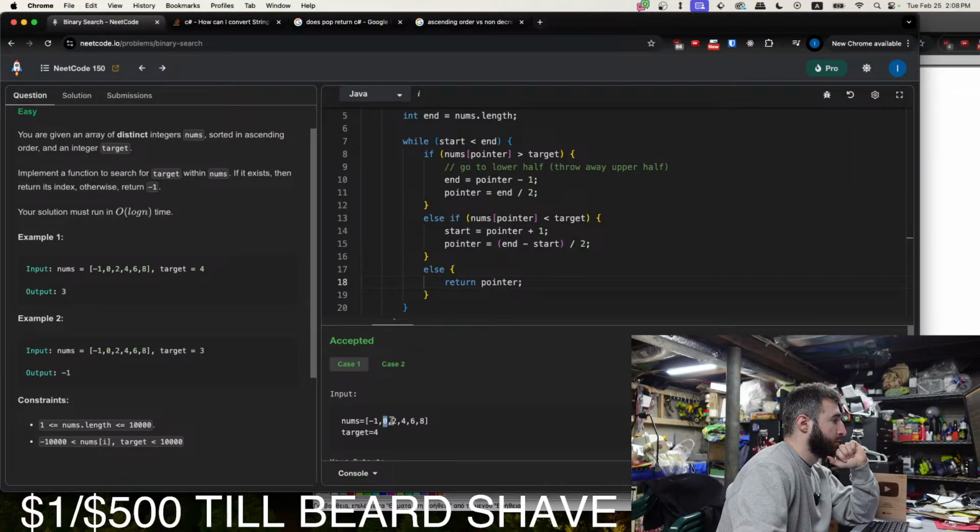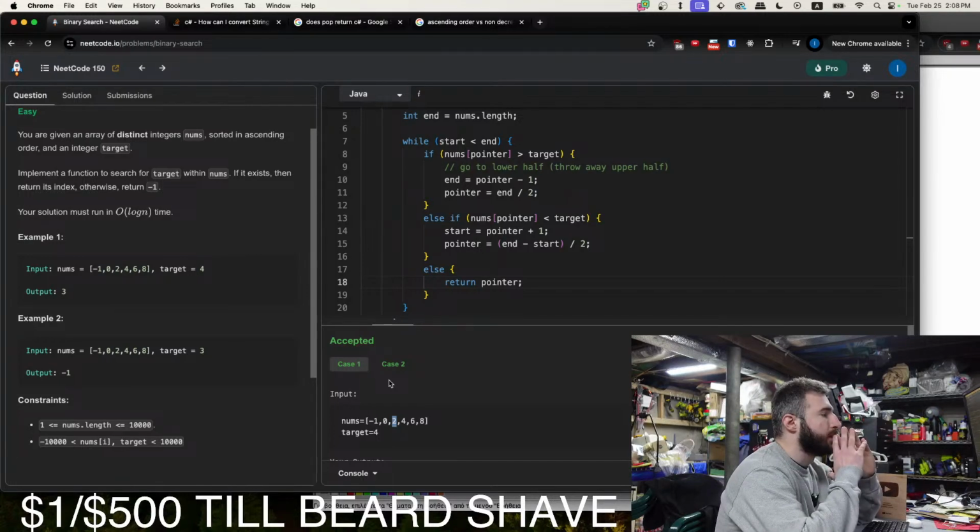So start is 0, 1, 2. Start and end is 2. So 2 minus 2 is 0, divided by 2 is 0. 0 divided by 2 is 0. Yeah, so this is a little flawed.